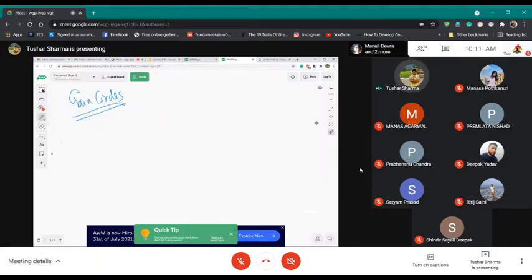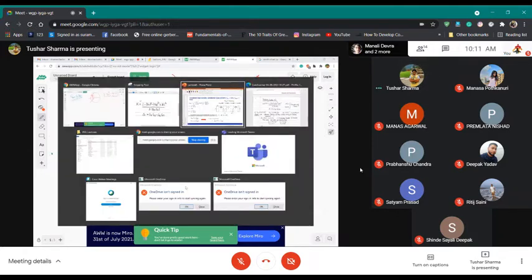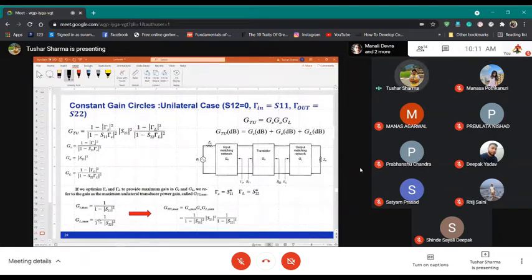So what I'm saying is this: say you understood this thing, you have a Smith chart, you had a stability region, you found that this all is unstable region. You found by putting gamma L equal to gamma out conjugate that your impedance ends up here. And your gamma S is gamma in conjugate. When your gamma L is gamma out, you are designing GP. This is GA. And this is max GP and max GA. Okay, max and max. You see? GS max, GL max.